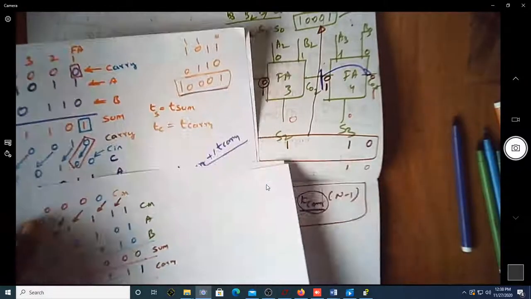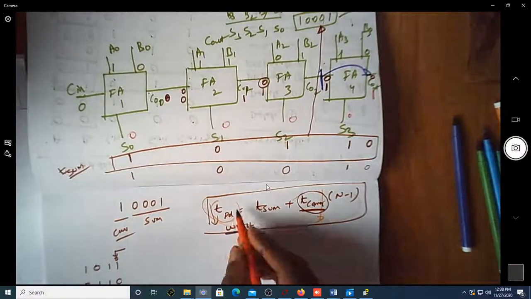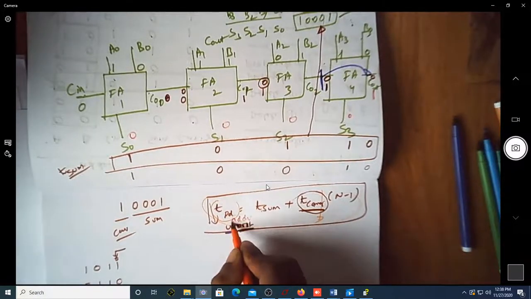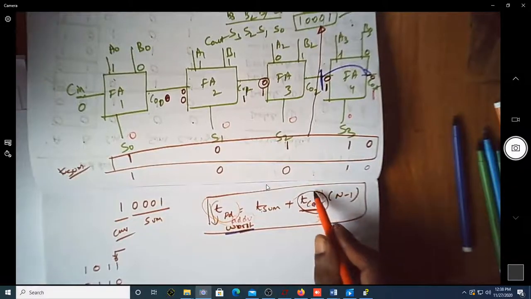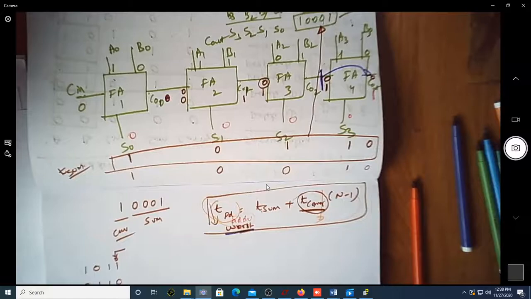And let us see how, if you want to reduce the time for this TPD, which is for the adder circuit, we need to always target how to reduce the time that is required to generate the carry. If you look at the implementation of the full adder using gates, it goes this way. Let me just show you in the textbook itself how it will be fabricated.